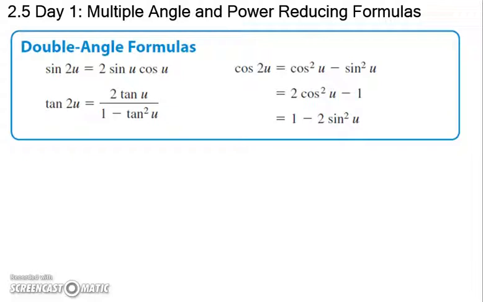So jumping in, looking at how we can use the double angle formulas: solve 2 cosine x plus sine of 2x equals 0. So this is one of those problems where we can't really solve this, we can't factor, we can't do anything because we have cosine and sine. So if we take advantage of the double angle formula for sine, we can rewrite this as 2 cosine of x plus 2 sine x cosine x